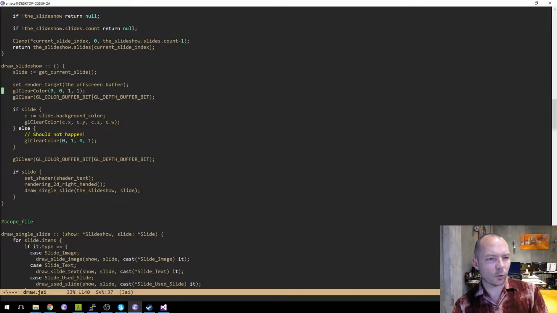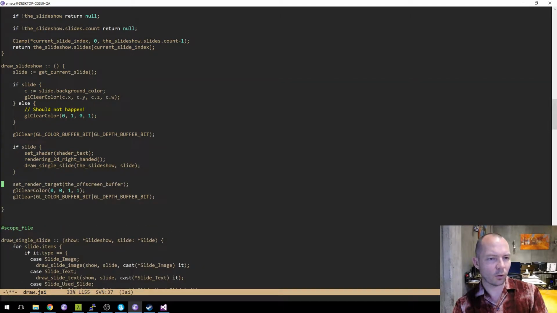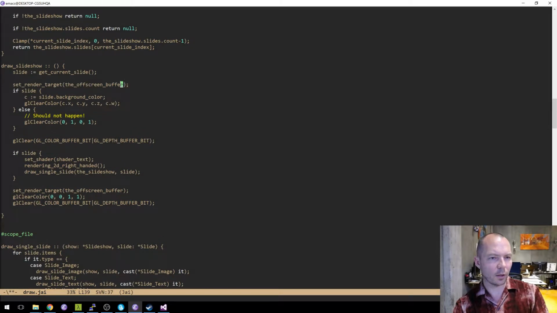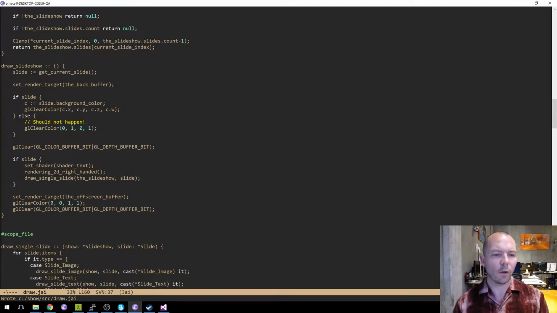I'm actually going to do this here because I want to just make sure this works. Set render target the back buffer and do all that stuff. Set render target here and do this stuff. So if I mess this up, we'll just see green.